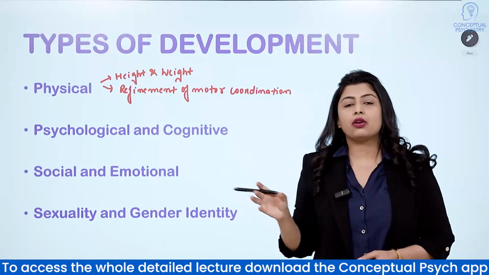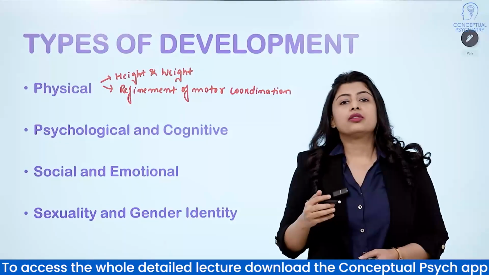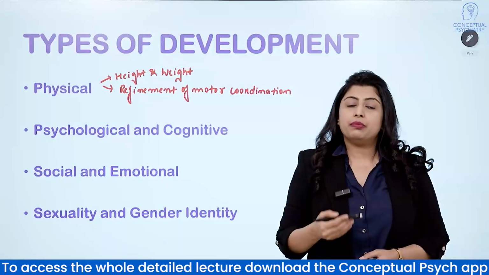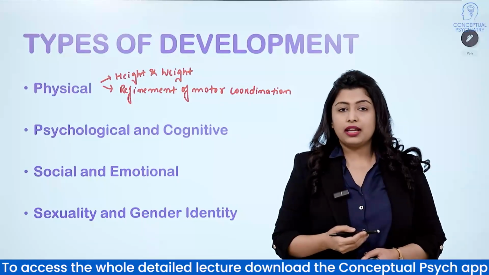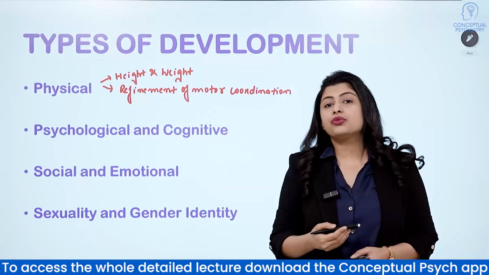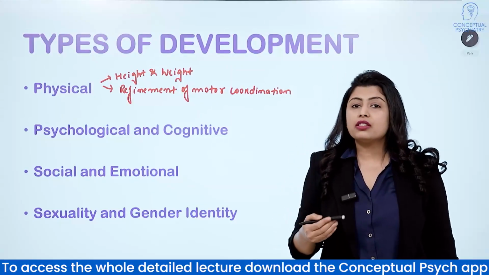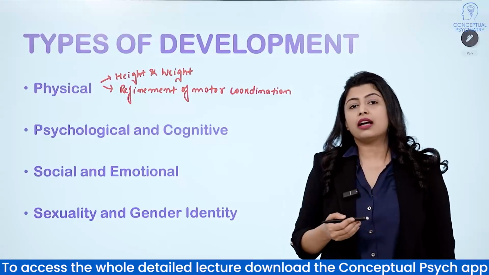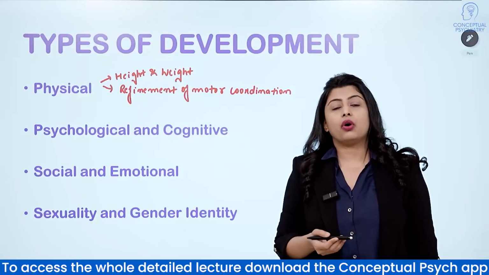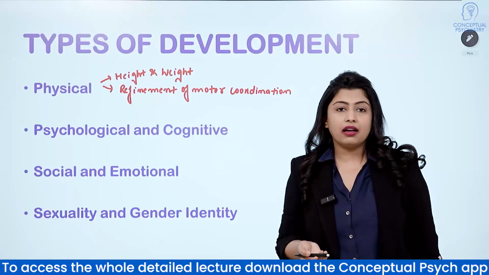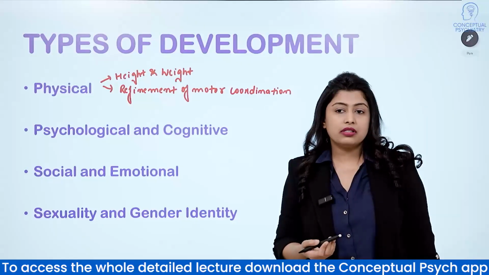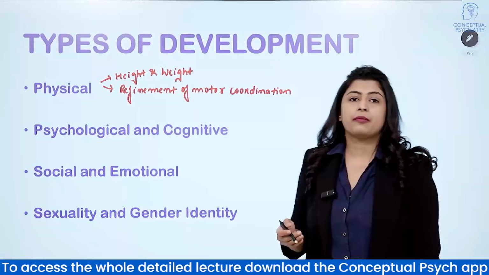The second is the psychological and cognitive development. A child develops psychologically and cognitively as the brain absorbs more information and they learn how to use that information. They learn how to think on purpose, to process and organize all the information that comes to them from the environment, how to solve problems, to talk, and to complete mental tasks such as remembering or recalling telephone numbers or even using computers.